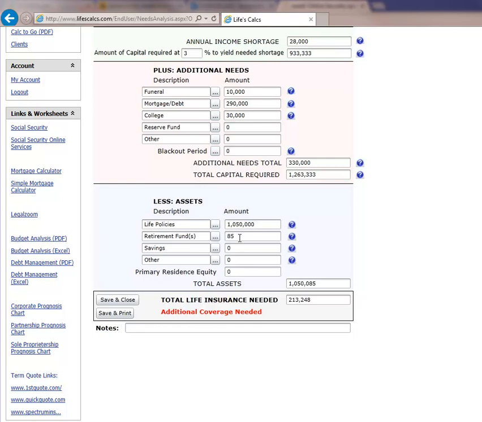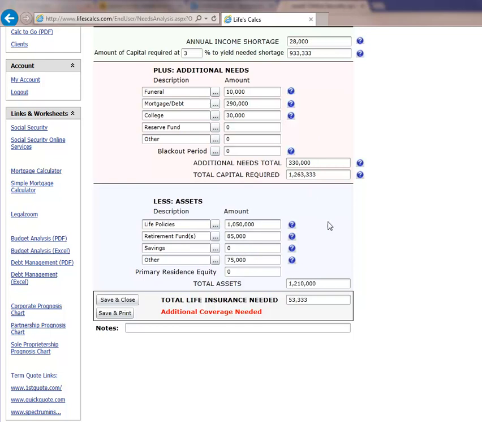He has $85,000 sitting in a rolled over IRA or a pension plan, and he has some savings, but none that they wanted to use at this point in time in the event of death. They just wanted to use that as a buffer, and they have some stocks, bonds, and a building lot worth about $75,000 total available to them. So at this point in time,